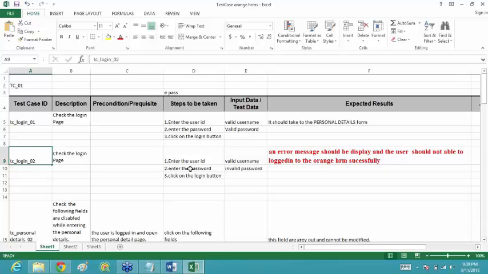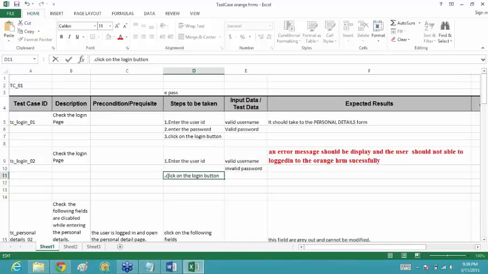So if you are entering the password like this, it won't do. Or if you have written it in this way, that you enter the user ID and then directly click on the login button, that would be fine. This means that you are not entering anything in the password text box, so automatically that would be invalid. But if you are typing any invalid password, we don't have the requirement document for the invalid text box, so we can't prepare the data for what the invalid password would be.